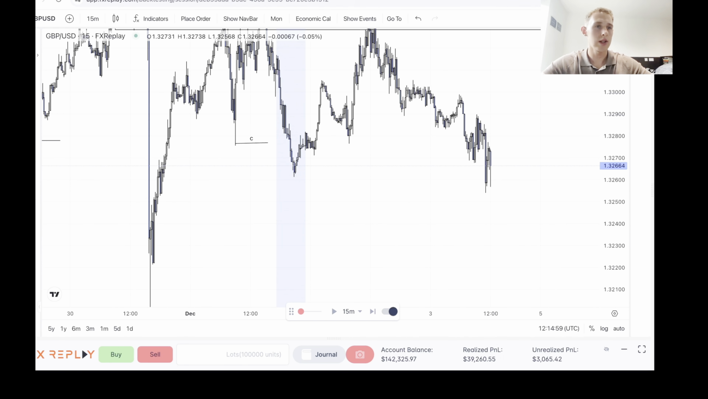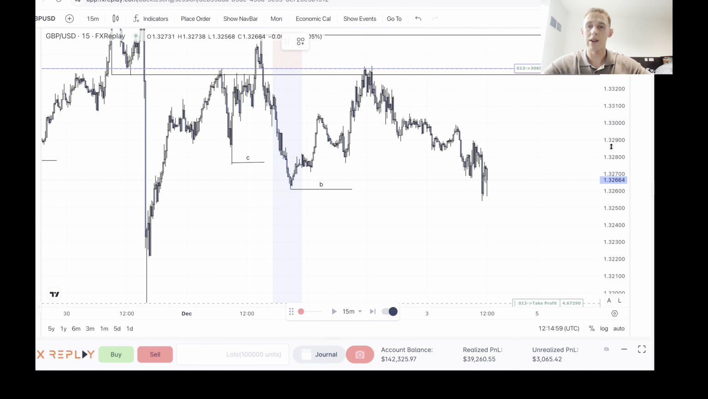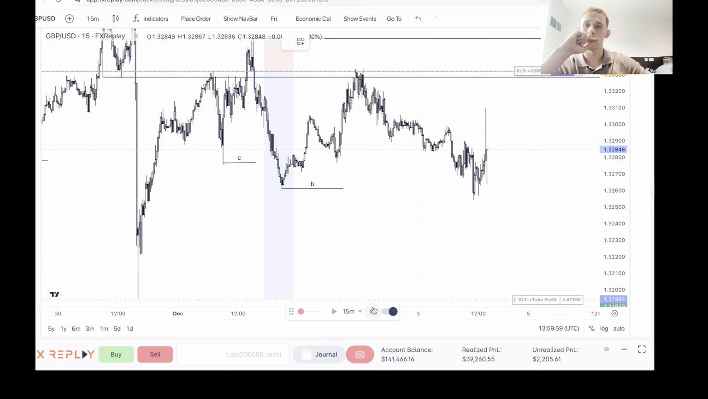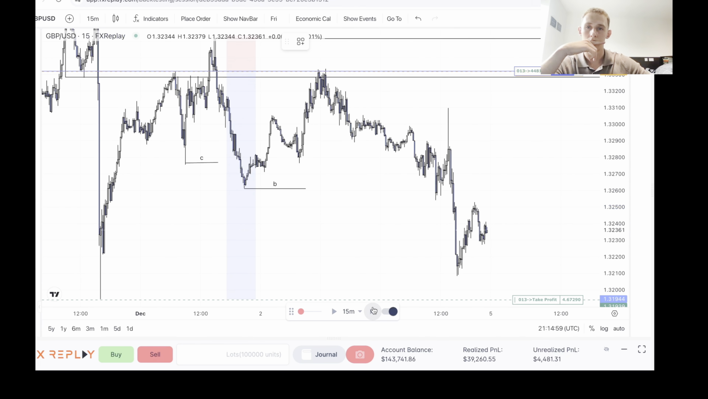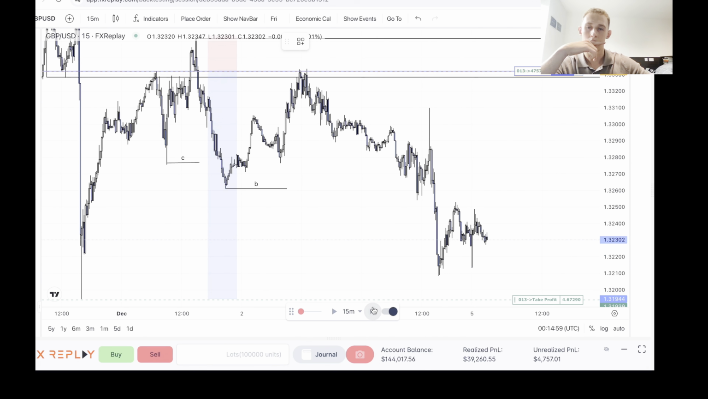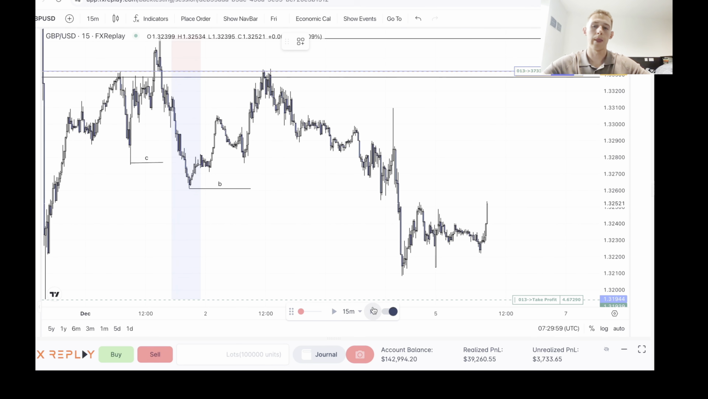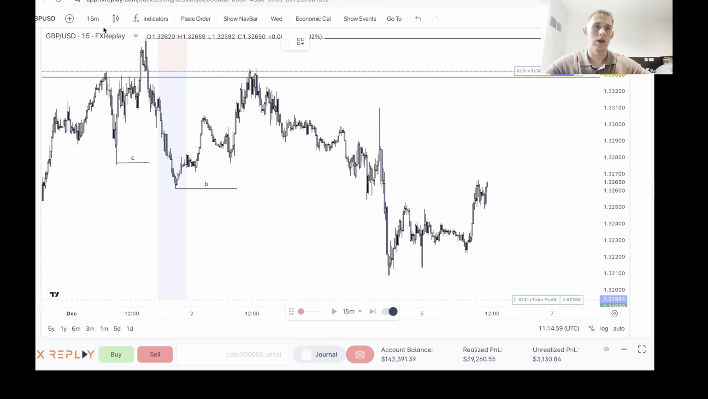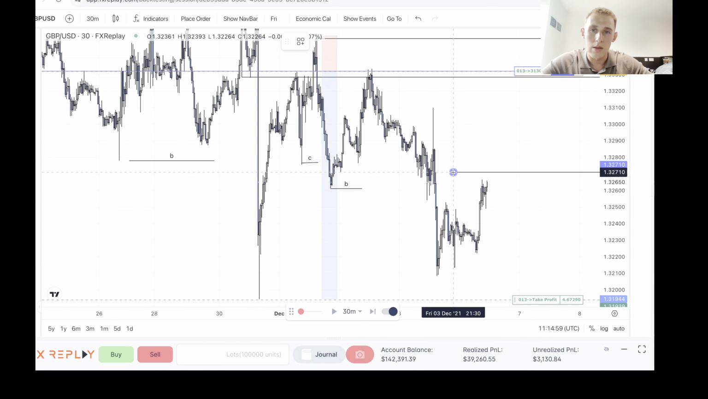And very nice, so price has broken the 15-minute low. We could now look for a potential second entry. To be honest though, I don't really see any valid areas at the moment. Let's see. So we've kind of got this whole region,